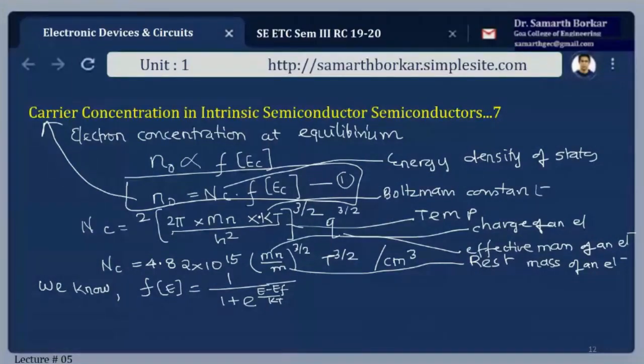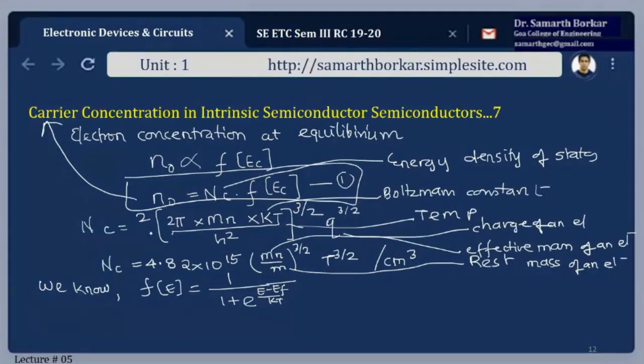This is much simpler to understand. So n0 is the concentration. This concentration depends upon what? The number of states possible and the probability of occupancy of those energy levels. Meaning, if I talk about a hostel, in a hostel there are 100 beds, and how many beds are occupied? That number of occupancy will be given by f of EC. Clear? That together will give us the